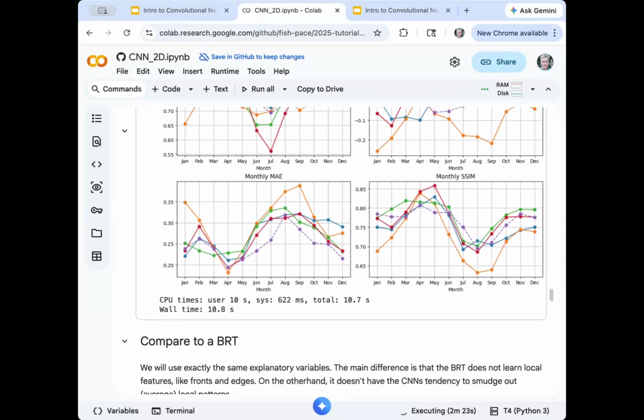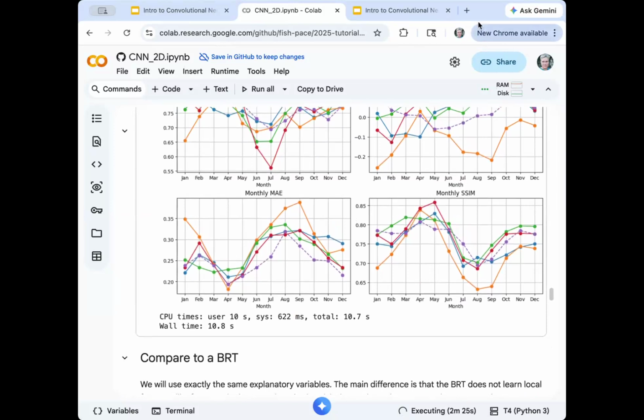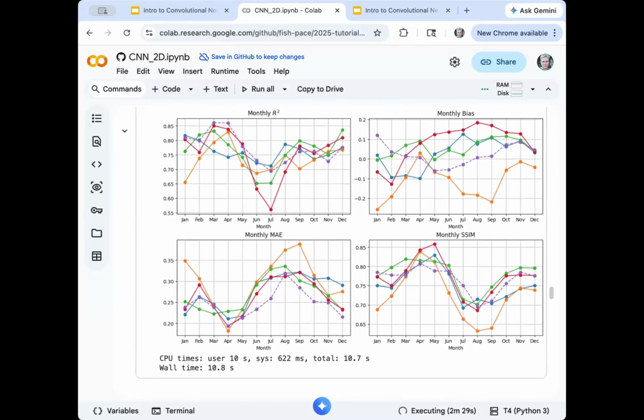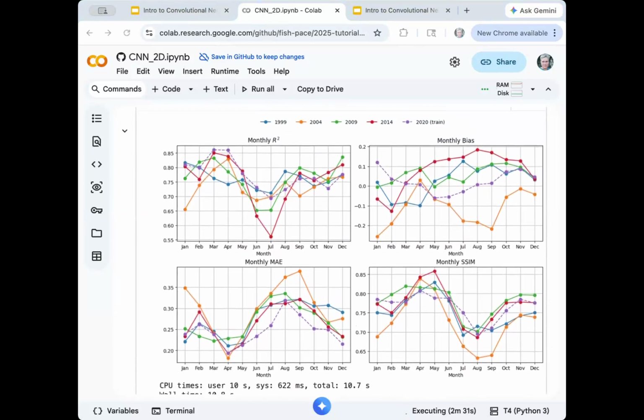So Eli, quick question. Thank you very much for all this. If someone asks you what kind of model to use for chlorophyll, from your experience now doing BRT, boosting the tree, doing CNN, doing UNet, how do you feel when you compare them? I know this is not the perfect example you have here, but I think you can see something in there already. So which one feels like